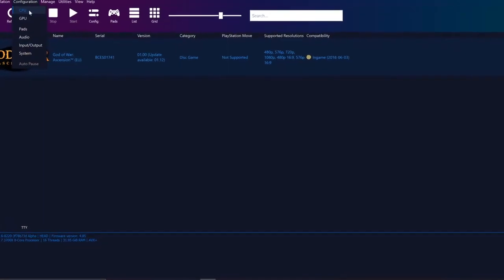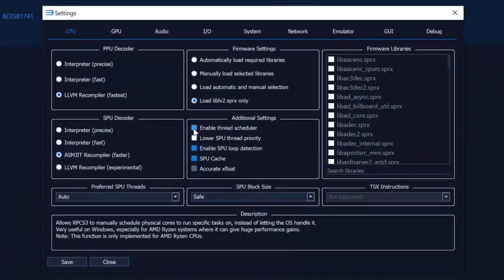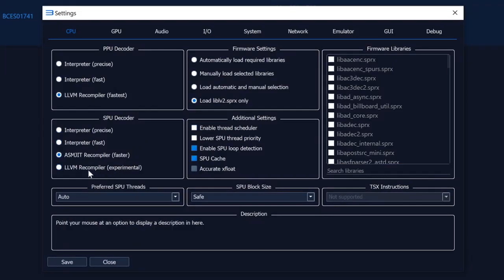Now we go to CPU. First of all, enable thread scheduler. Please don't use this because you will lose a lot of FPS. Don't use this because FPS are important. Then the other thing we will do is